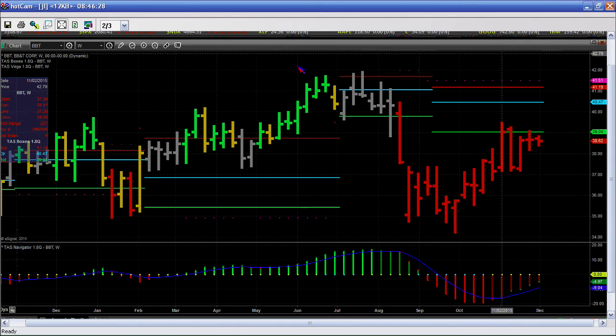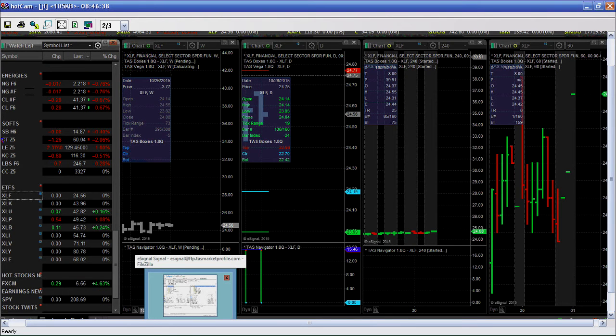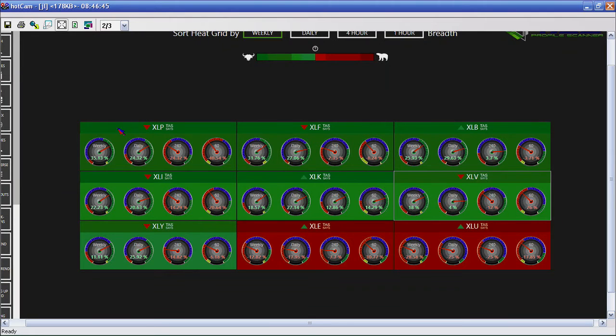I want to take a look at the XLF and just reference that. I also want to go into the scanner while we're waiting for that to load and go into my ETFs just to give a bird's eye view here. I'm going to go into my XLF. It's the top center one.